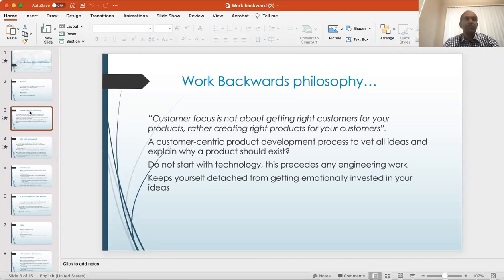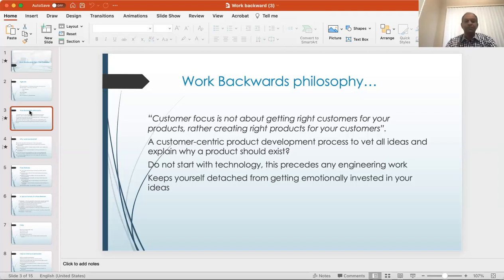In most companies, what they do is they have an idea that they have to create this insurance product or banking product or credit card or whatever product. First they decide, okay, we are going to use Cassandra, we are going to use this, all the technologies decided up front. And then they start implementing it. That's not the way. It's just the opposite. First thing is what exactly the customer needs, how I can meet the need, and then